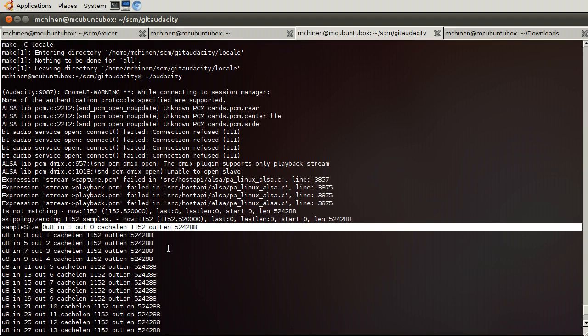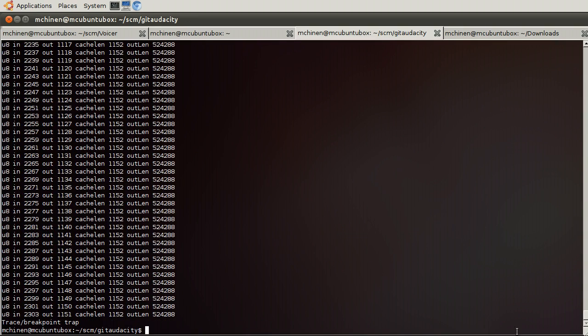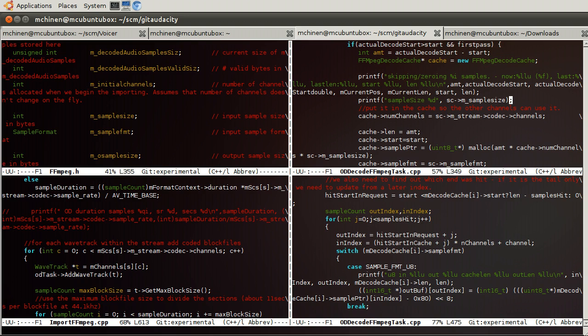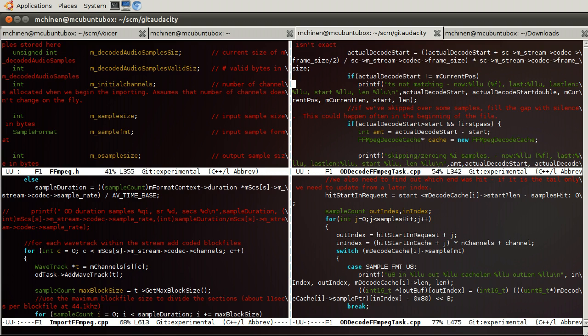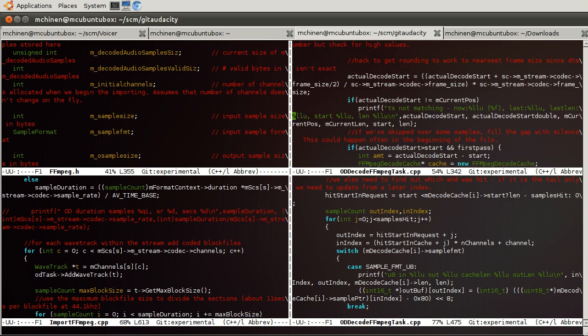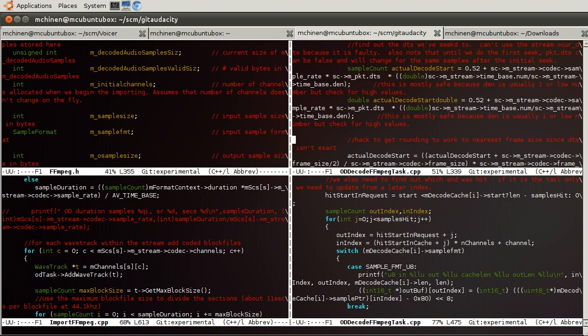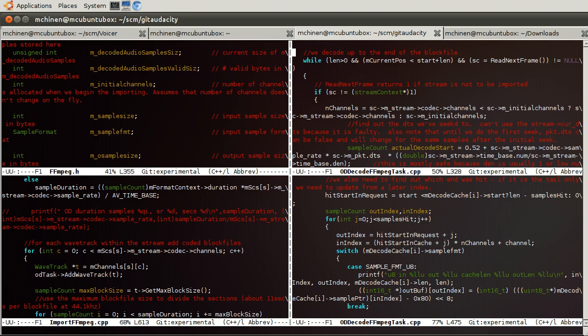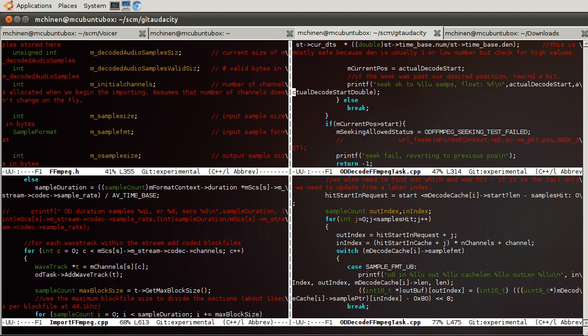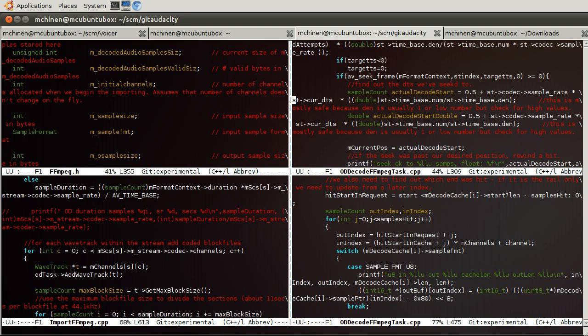Size 0. So that's obviously where the bug is, or at least one of the things that is causing us to do horrible memory damage. Not really sure how sample size became 0. It's probably because we haven't decoded anything at this point and SC hasn't been filled out. That's my best guess. Hard to say.